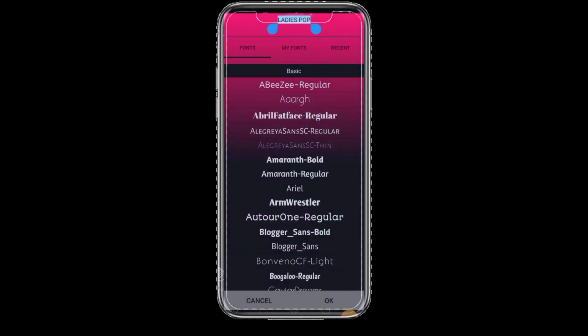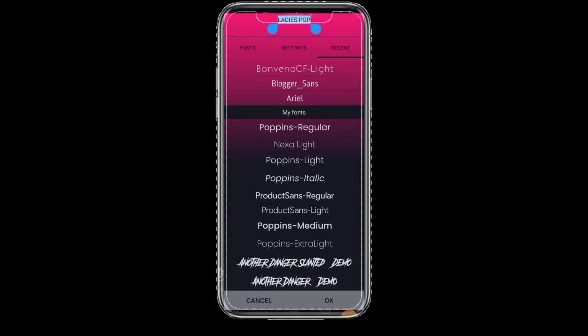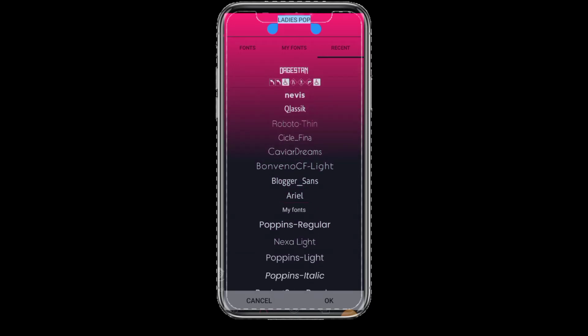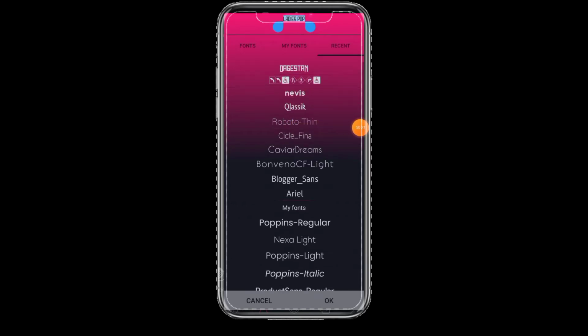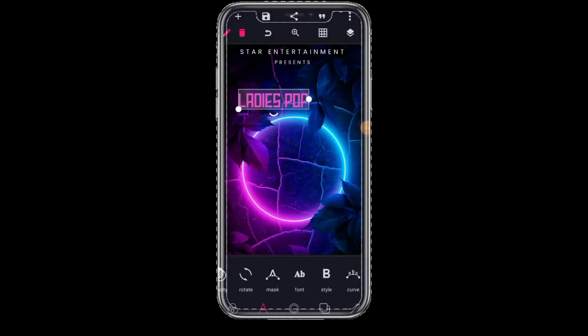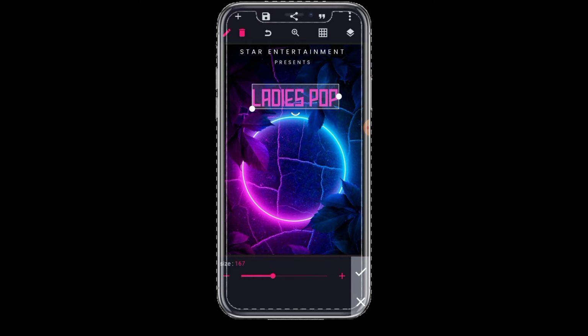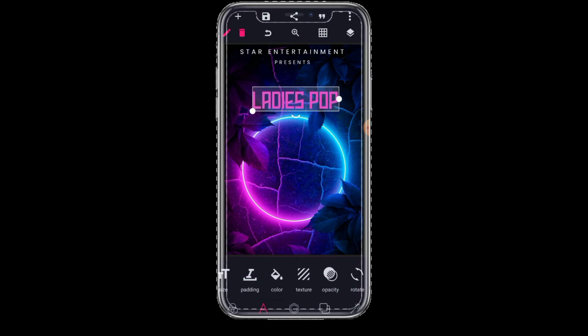and then we are going to use this particular font. I think the Another Danger, we are going to use Digestion, this one. And if you have the premium app, you would have this particular font, so you would get the Digestion font. Okay, so increase the size a bit like this, so you can check. I'm using 165. Cool. Okay, just place it somewhere here,